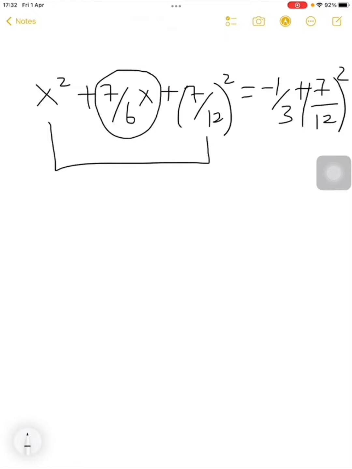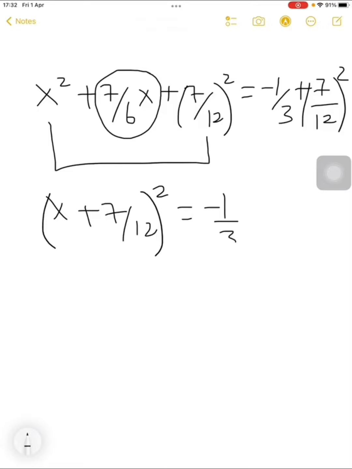When you check the two of them, they have something in common. They have squares. We have x as a square, 7 over 12 as a square. So you combine the two and then you put them under the same square. We'll have x plus 7 over 12, and then under the same square is equal to minus a third plus